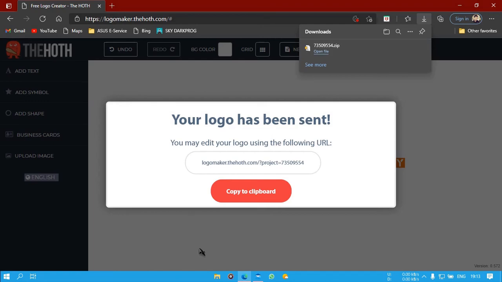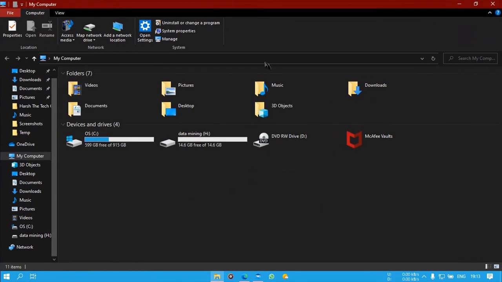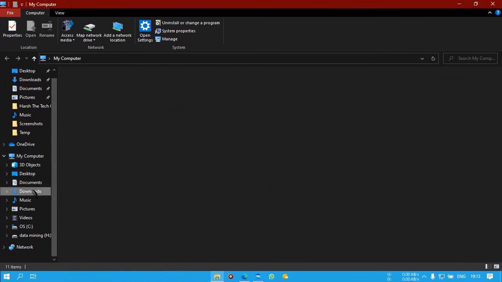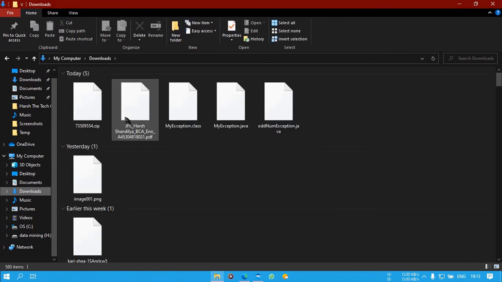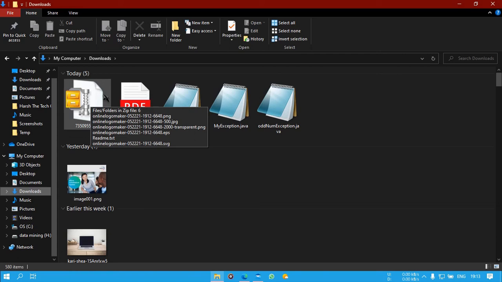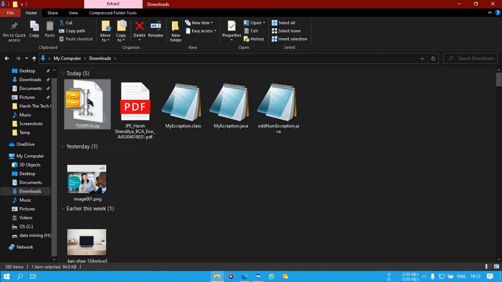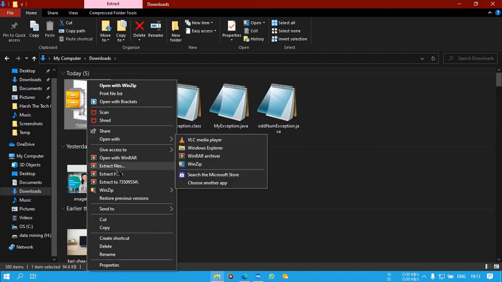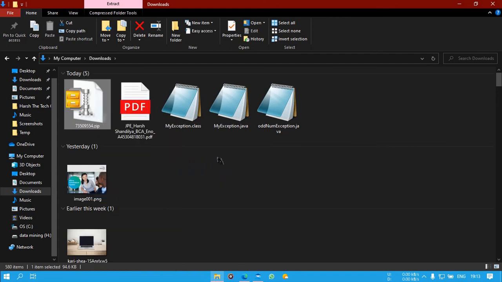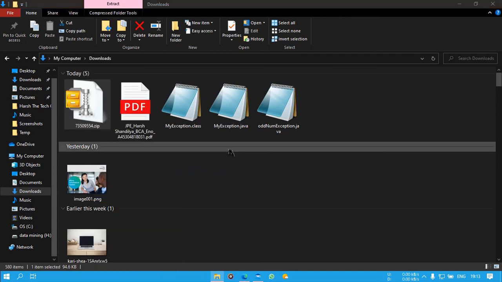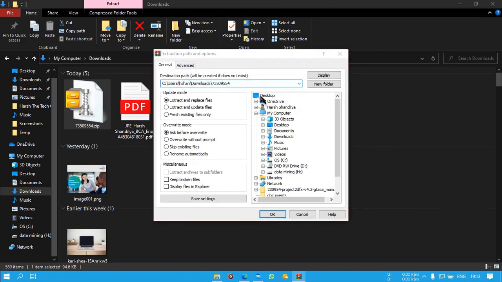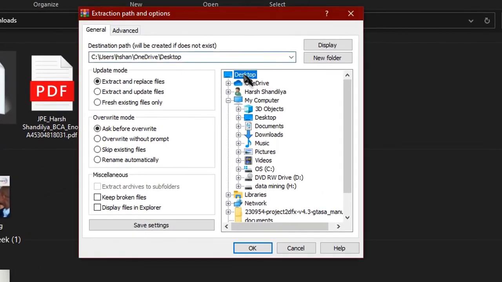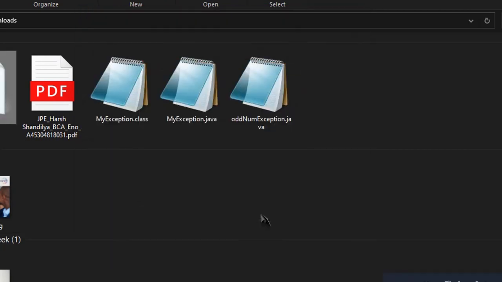So by downloading, go to your downloading explorer, and here you can see we have got our file. So this is in zip format, so we have to unzip this. Let's say I am choosing the desktop option here, so click this.